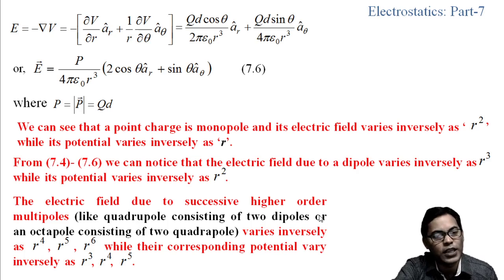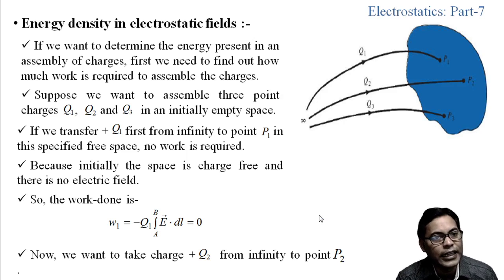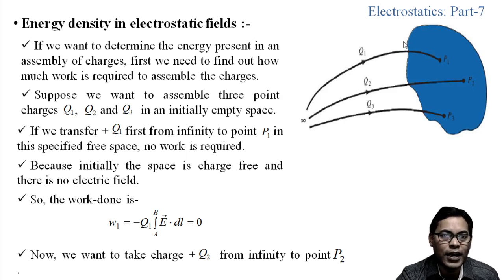Now we are moving to the second topic, that is the energy density in electrostatic field. If we want to determine the energy present in an assembly of charges, first we need to find out how much work is required to assemble the charges. For that we have considered here a free space. Suppose this space is empty initially. Now we want to assemble 3 point charges Q1, Q2, Q3, and initially this space is empty. So first we are going to move plus Q1 charge from infinity to the point